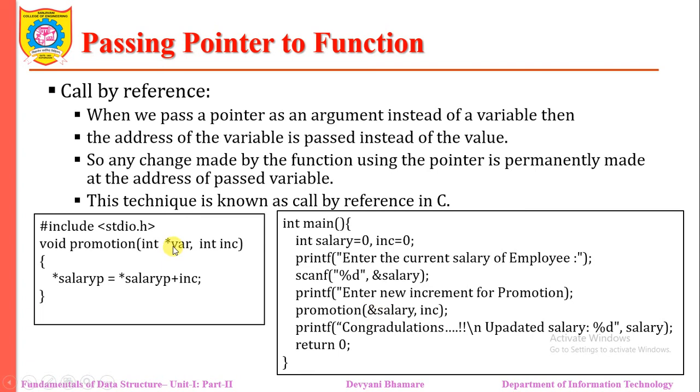So that's why in the called function we must have a helping hand. But what type of hand is it? It is a pointer, because here we are getting the address of that particular salary. So whatever changes are done by this function will be permanently reflected in the calling function. If we are not passing the address, then the changes are only temporary. Here we get permanent changes because the address is being passed.